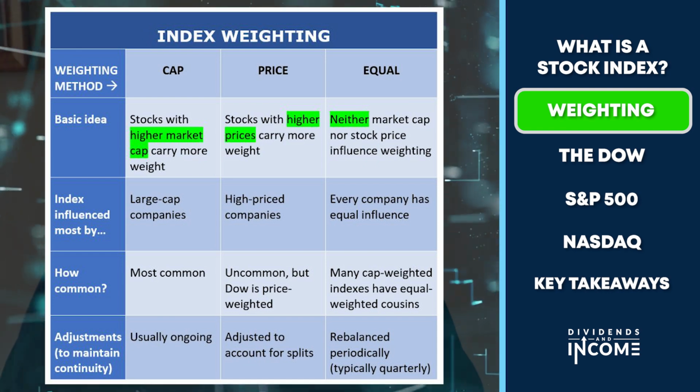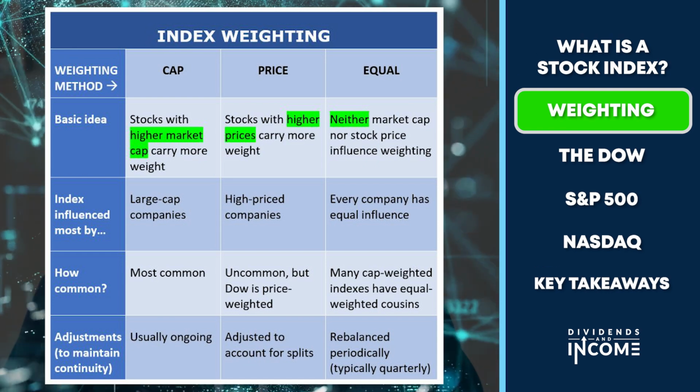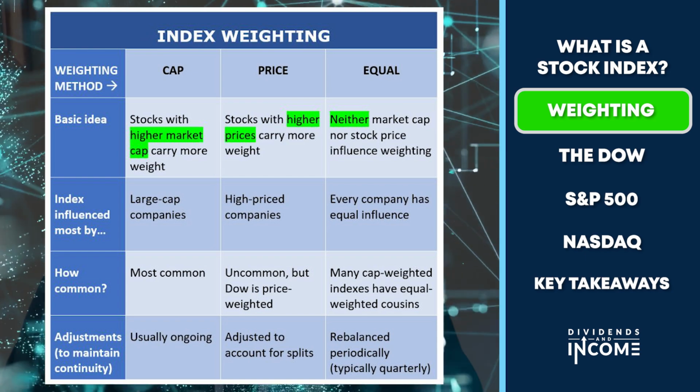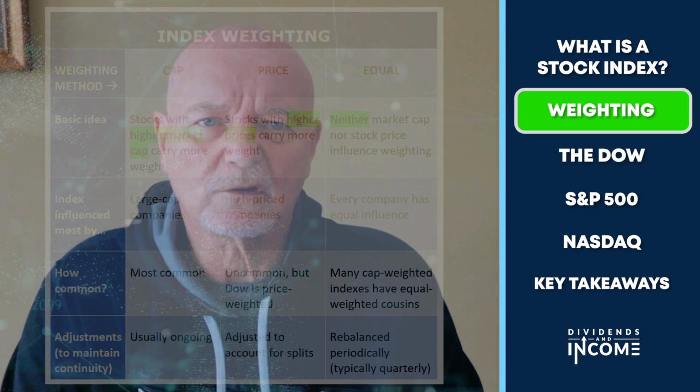And the rebalancing to readjust the cap sizes to equal weight in most indexes takes place quarterly. Equal weighted indexes are sometimes popular with investors who like the collection of stocks but want all of them to have equal influence on the investment. So as a few stocks in an index may run away with the index because they are very successful and their price keeps going up, the equal weight version of that index will not have that outsized influence from the top few largest stocks in the index.